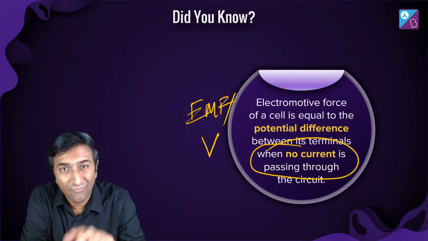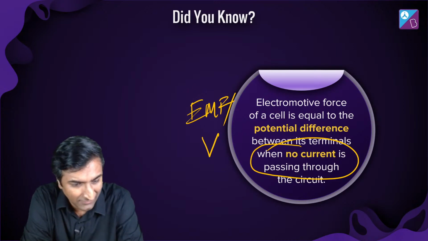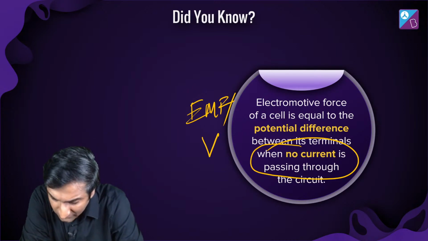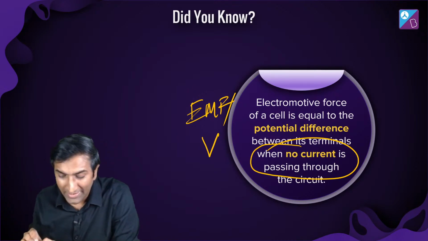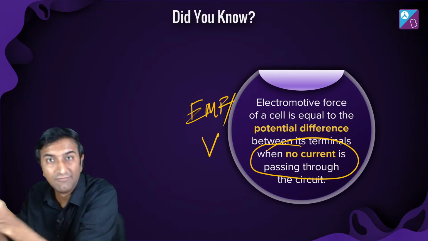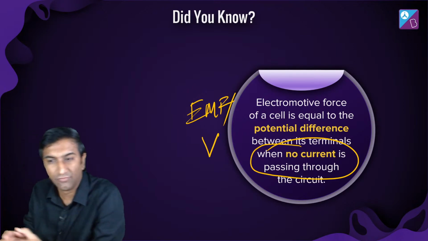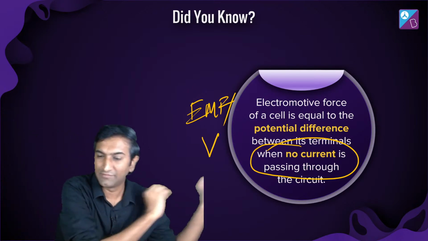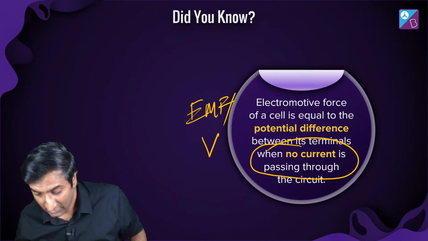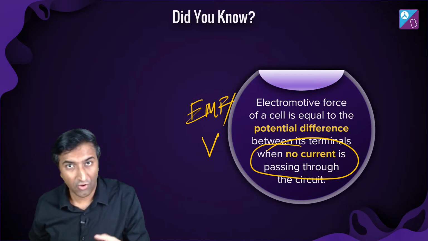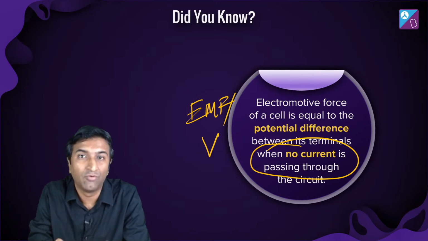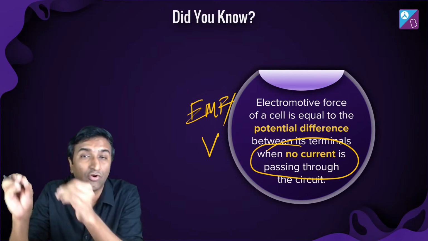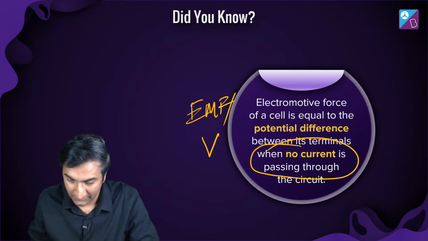What does this mean? EMF or voltage when no current is passing through. Hey Piyush, what's up? See, as soon as there's a path, current will flow. It really wants current to flow. Like I took a session on the other side just for this. There is a want for electrons to flow. As soon as it gets a path, it will flow. That is what EMF greater than 0 means in layman's terms. Okay?